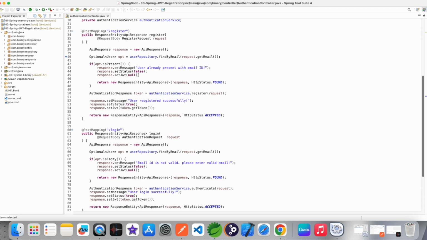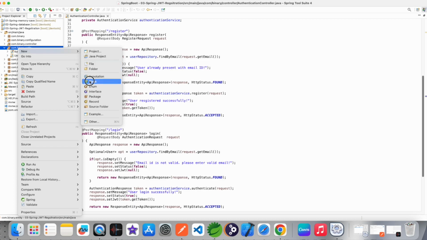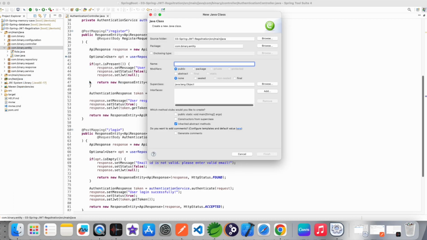Till now it's implemented that the user can register itself and log in. Now it's time to log out the user, and before that we want to save their token also. So first make an entity class, make a table for token,